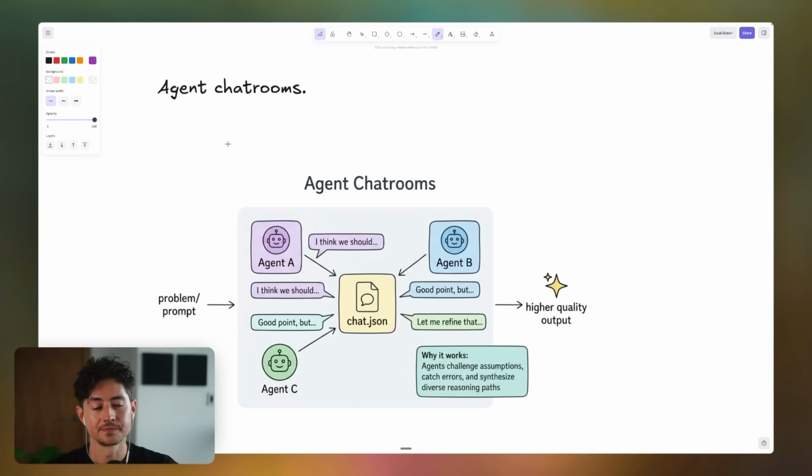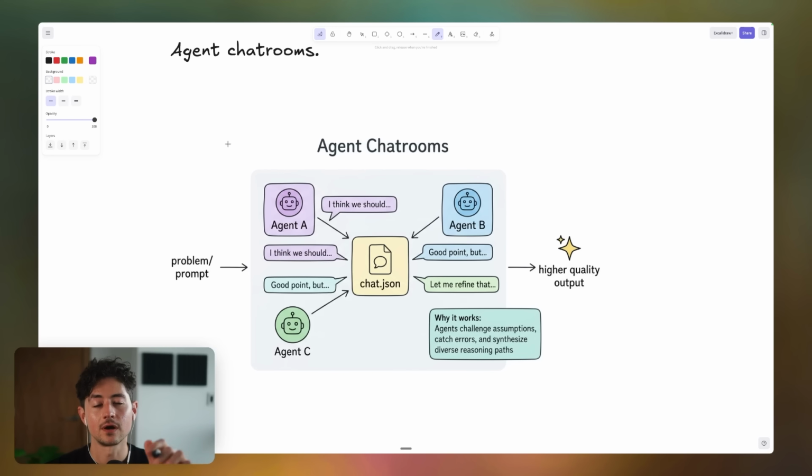So just like stochastic multi-agent consensus allowed us to scan large amounts of search space in a short period of time, what we did is we independently delegated work over to agents and had them do things for us. So too can we take advantage of this same idea, but in my opinion, get even higher quality results through this idea of agent chat rooms. What agent chat rooms are, where instead of parallelizing all the work and having all these agents try and independently solve problems, what you do is you give all of them slightly different personalities, and then you have them all debate with each other about these problems.